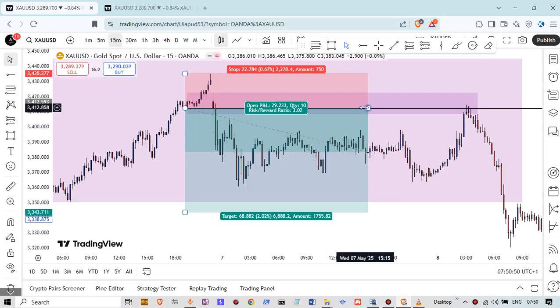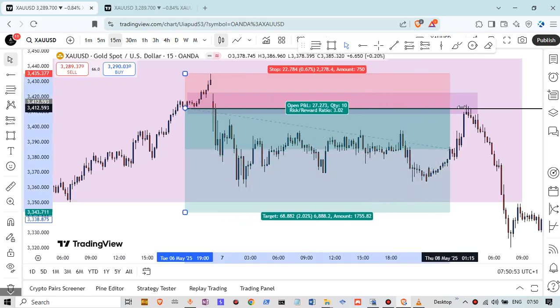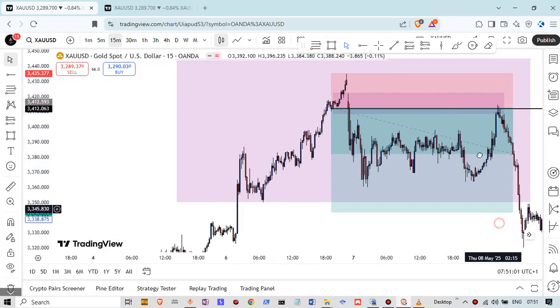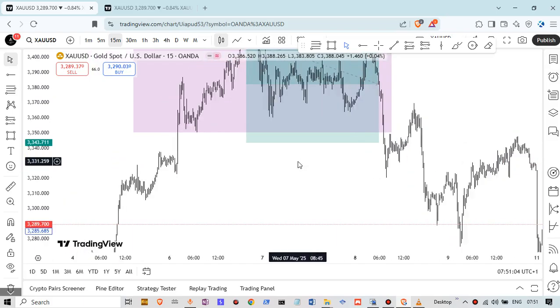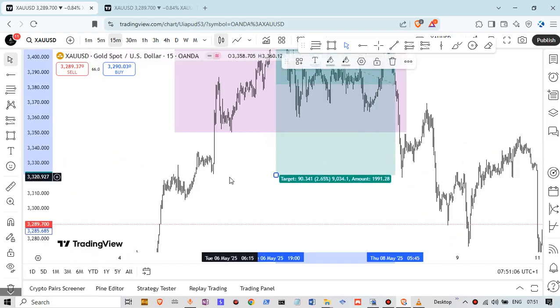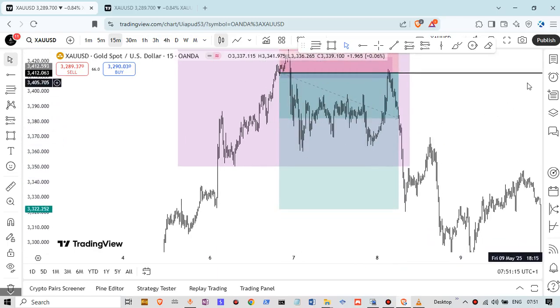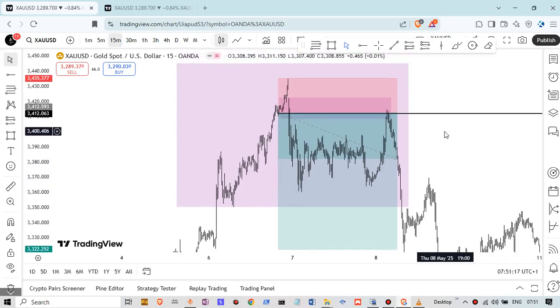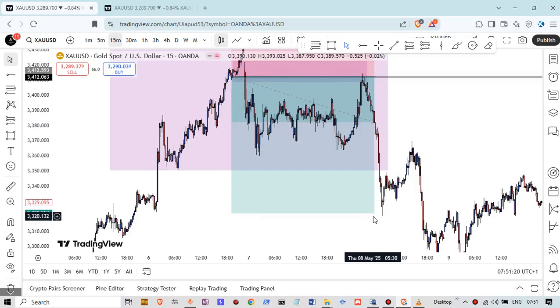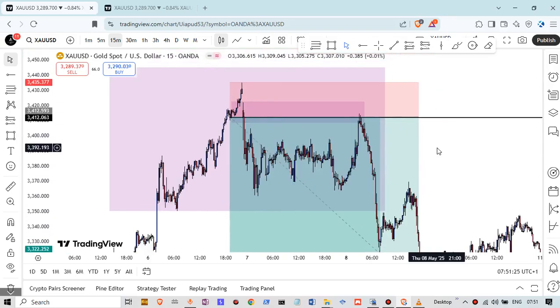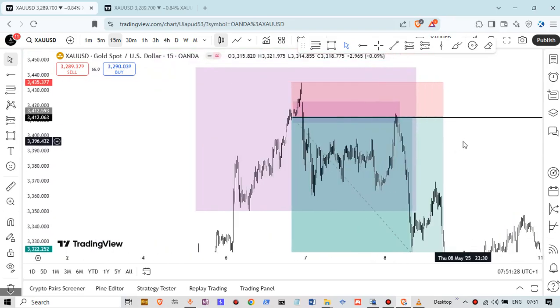You can see how price actually came there and tapped that level. And as it tapped that level, you can see how it dropped down. Dropped down flat. You might want to target this place here, that's still 1:3. So you see, that's how this thing works. I believe I've been able to show you one or two things.